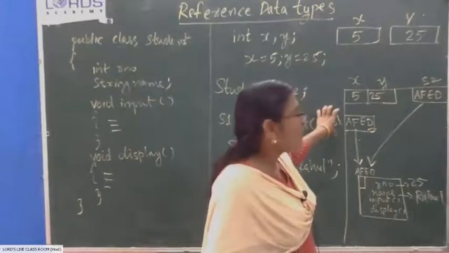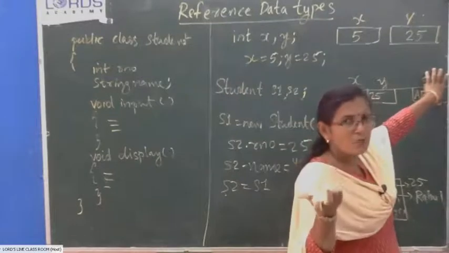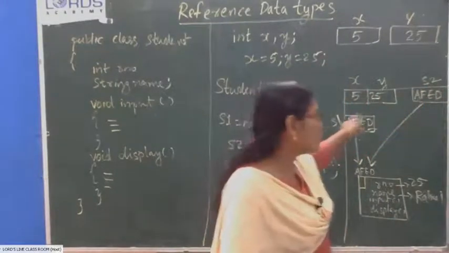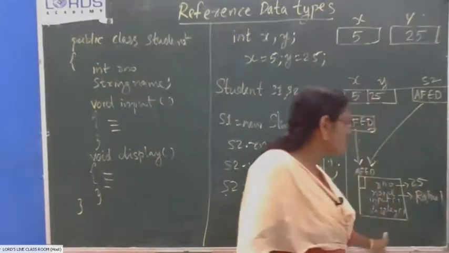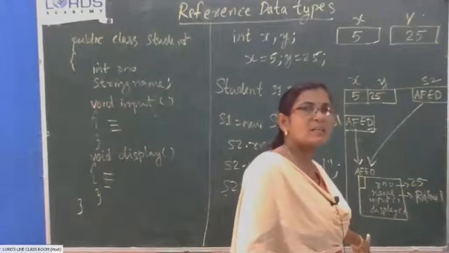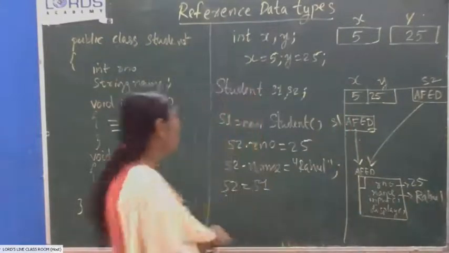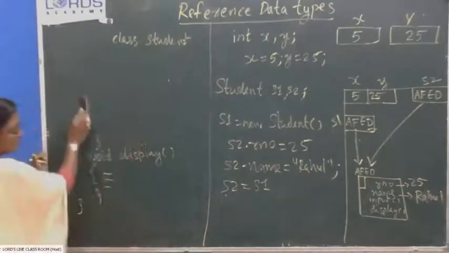When you copy the address of an object, suppose you are using this object in a function call, its value will be copied to the S2 object in the function prototype. So only the address is given by the actual argument to the formal arguments. Formal arguments work with the same object and changes are made in the same place. That we will see through a function. Call by reference method. Now we are going to discuss the call by reference method.